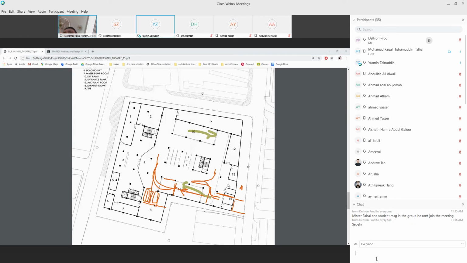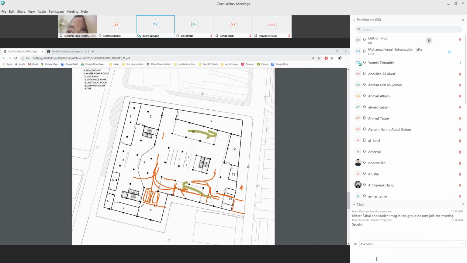The best place to locate the loading bay would be... what is number 5 and 6? Number 5 is security, number 6 is janitor's room.